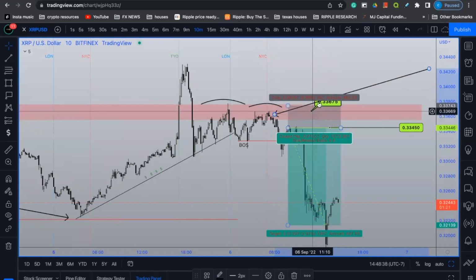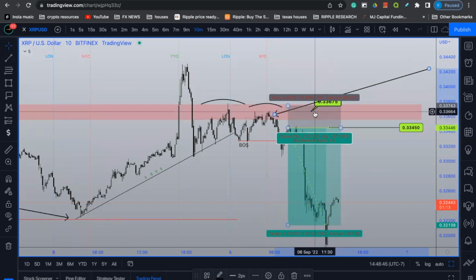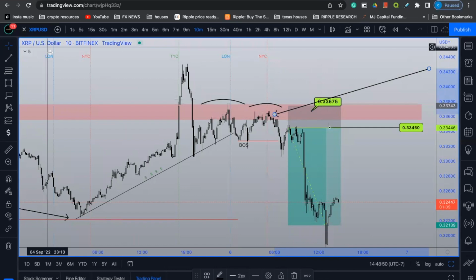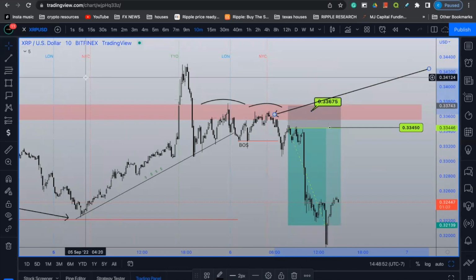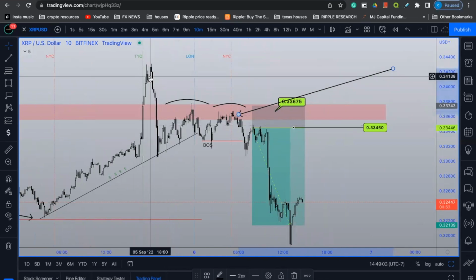Again, another psychological level confluence in tandem with the quarter theory, the 00s, 25s, 50s, 75s, and 00s. Because we're trading up against the United States dollar. If you guys have never read the book, The Quarter Theory, I highly advise that you guys go and do so. It's a very intuitive book, a very big read, takes a long time, but it's got a lot of great information in it, okay? Now, with that being said, after this liquidity grab, again, what do we teach you guys?